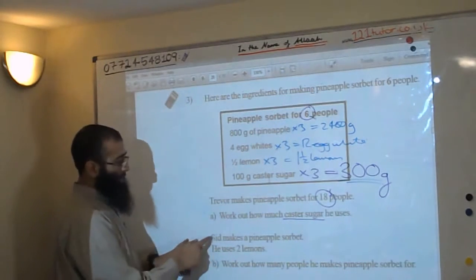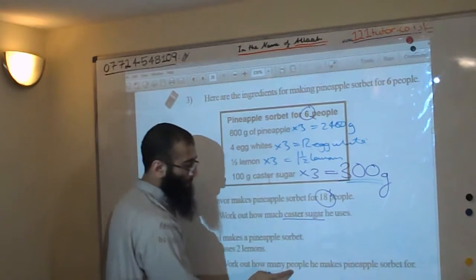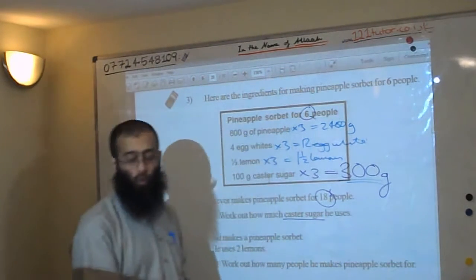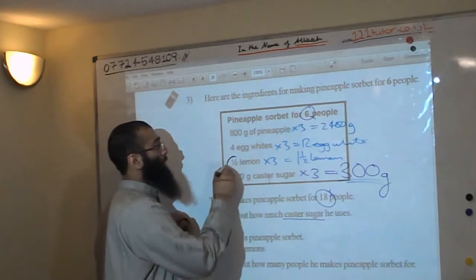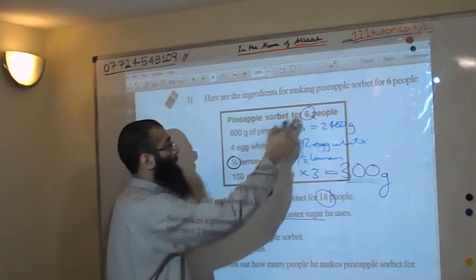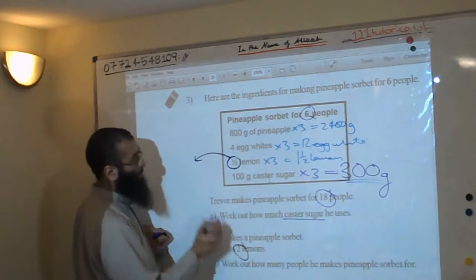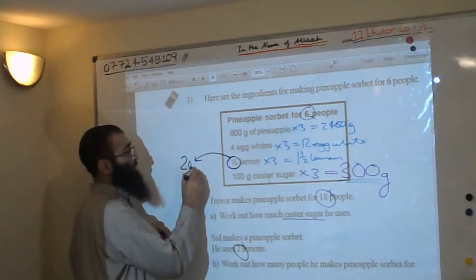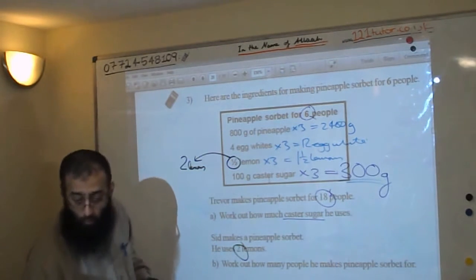The next question. Sid makes a pineapple sorbet. He uses 2 lemons. Work out how many people he makes pineapple sorbet for. He uses 2 lemons. So we know that we use half a lemon for 6 people. So I get from half to, and he uses how many? 2. To get from half a lemon to 2 lemons, what do we do? We multiply by